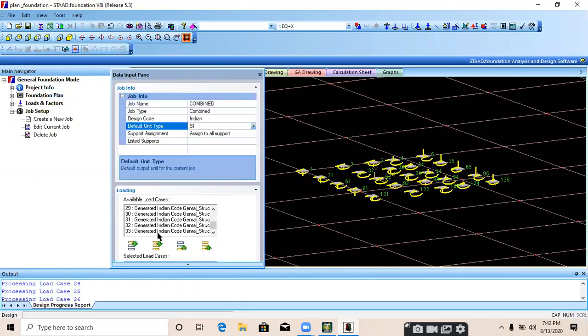And we need to select only generated load case. Click on the generated load case and click on first arrow.